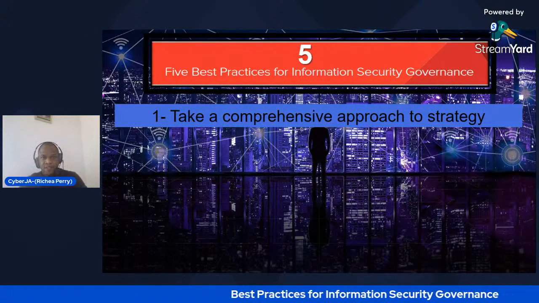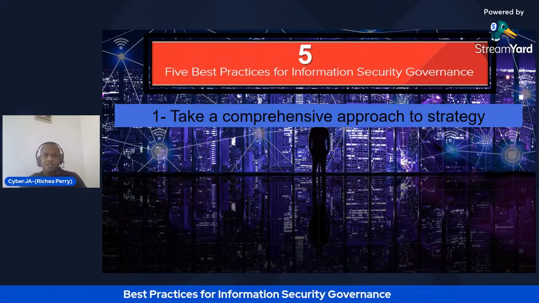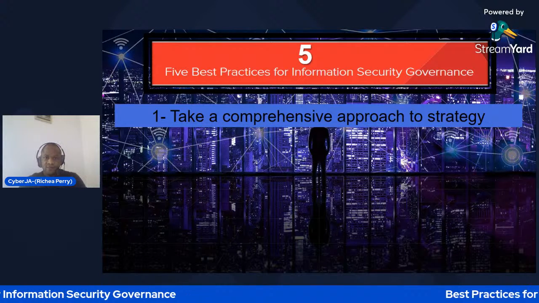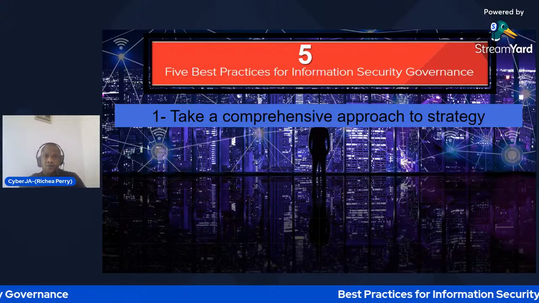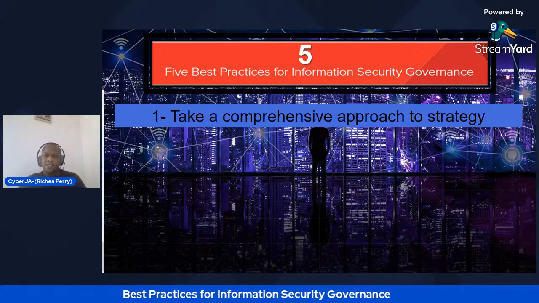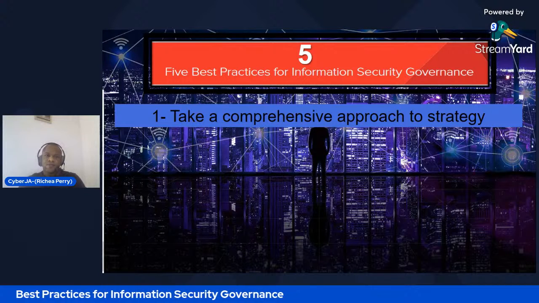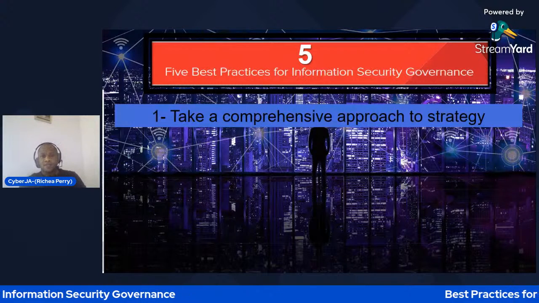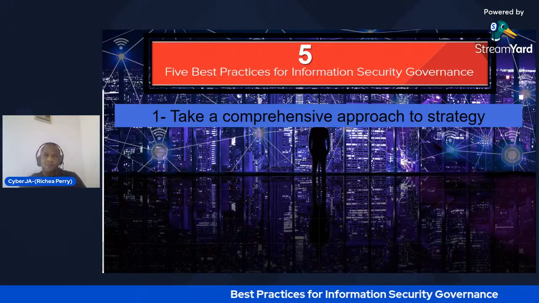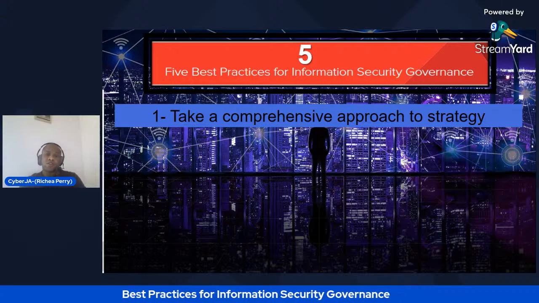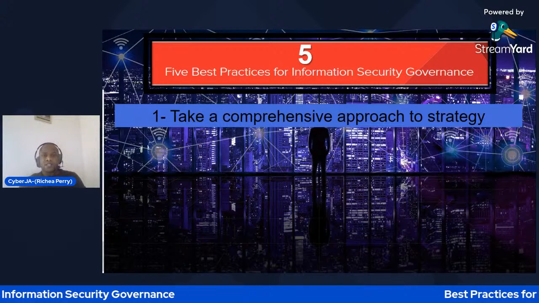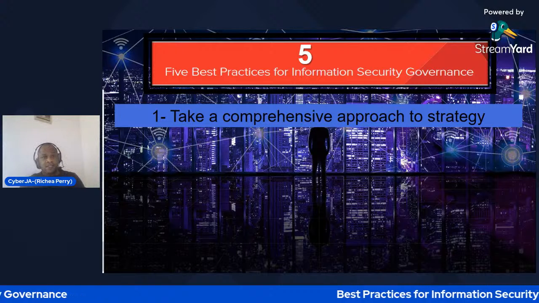First thing, as it relates to best practices for information security governance, is to take a comprehensive approach to the strategy. Before we actually get into the details of that, let us first have an understanding of what information security governance is not, because often this is confused. So, information security governance should not be confused with IT management. So, let us get that clear,